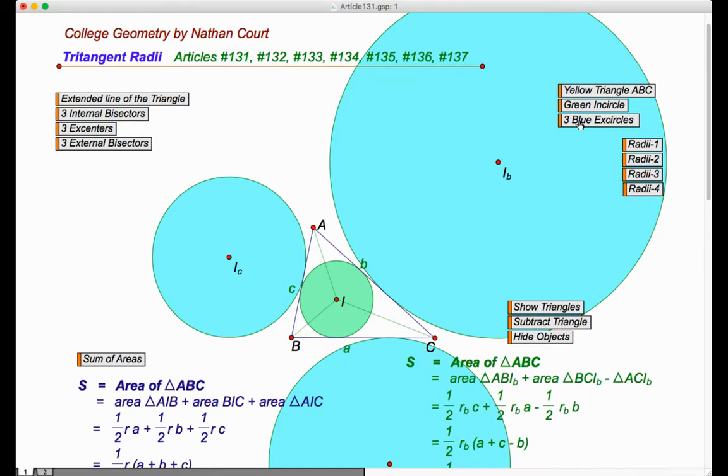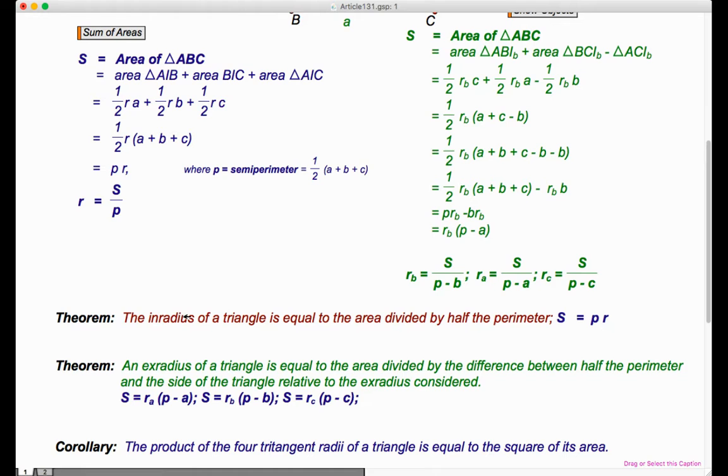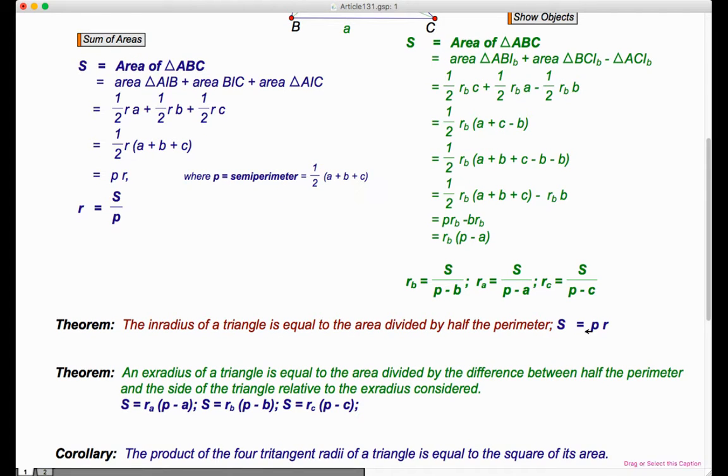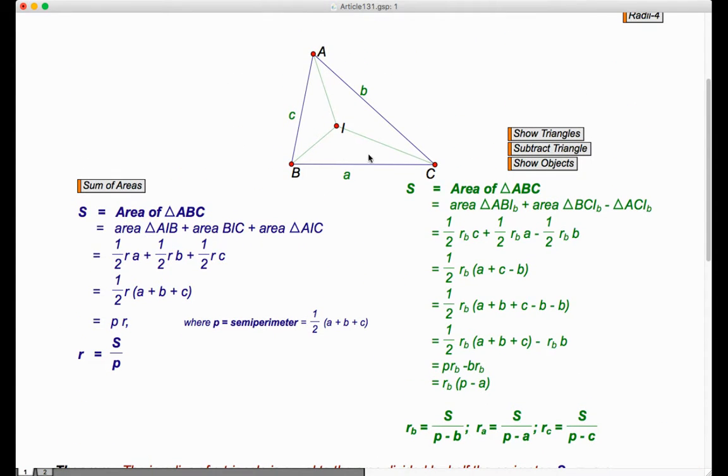So the very first one is this theorem. The inradius of a triangle is equal to the area divided by half the perimeter. Or we could say that the area is equal to half the perimeter times r. In our textbook, P is the notation for the semiperimeter. P is equal to 1/2 (a + b + c), where a + b + c is the perimeter of the triangle, okay? So, in this triangle ABC,